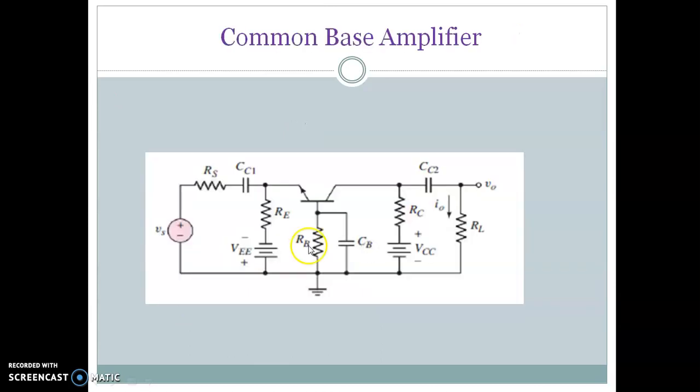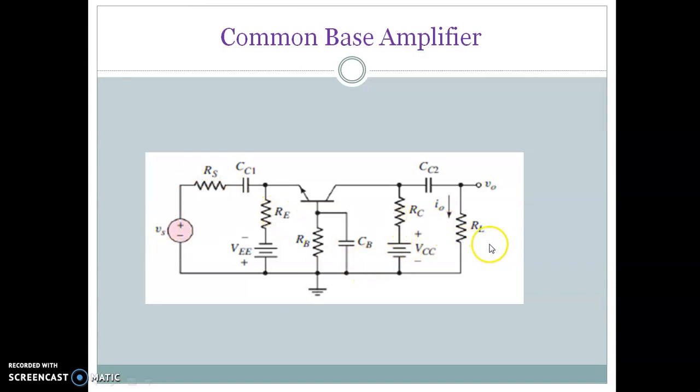Next, common base amplifier. You can see the emitter terminal is connected to a negative supply to make sure the transistor acts in the active region, because the base terminal is grounded. So the emitter has to be negative to make the transistor biased in the active region. Since we are going to feed the signal to the emitter, preferably it should be a current source. So here I have used a signal source with a resistance which provides the input current.